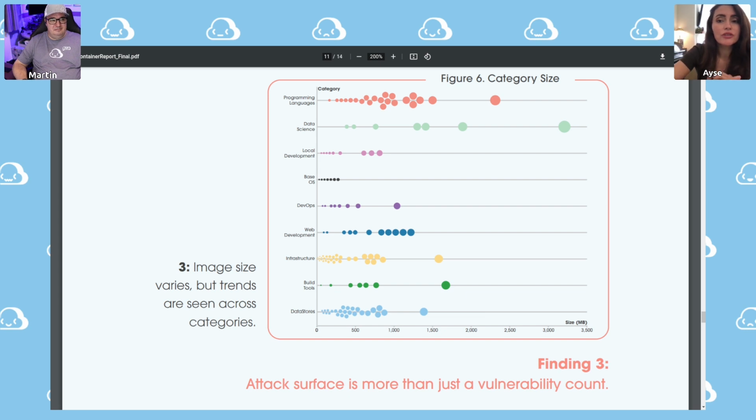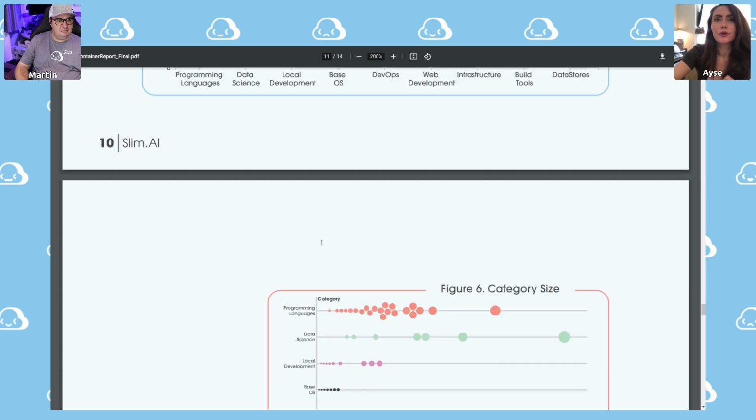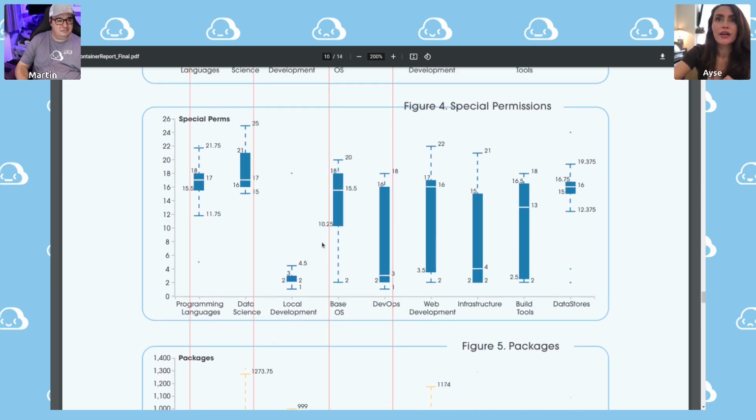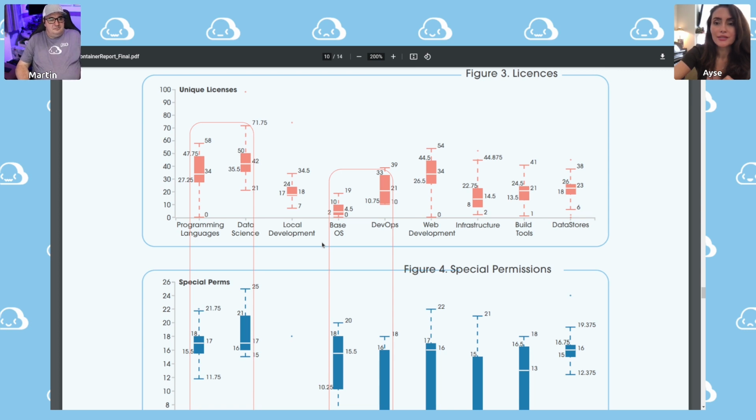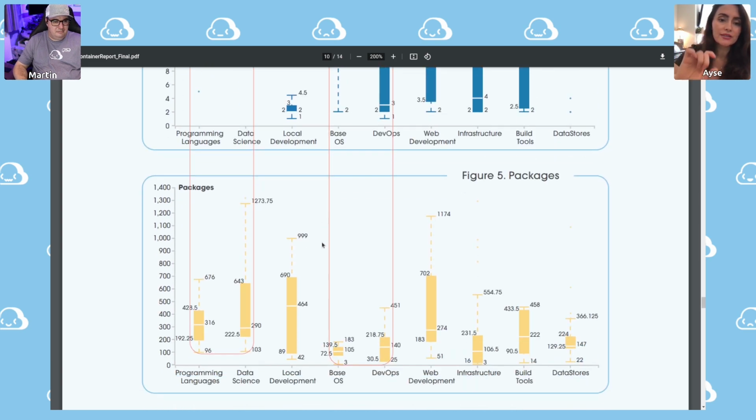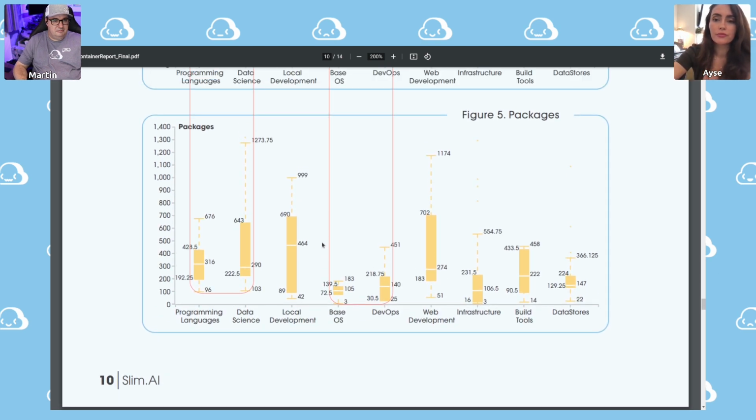Exactly, which is actually a great segue into looking at finding two on page 10, which looks into the complexity here, the findings of those scans. So what we're seeing here, and maybe let's focus on the packages. This is focusing on licenses and special permits. Yep, the yellow one. Brilliant.